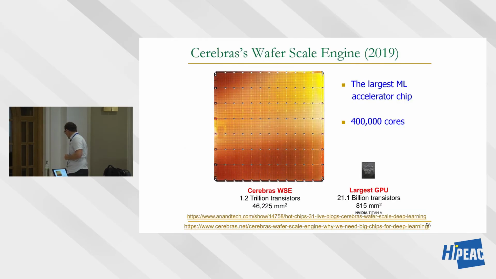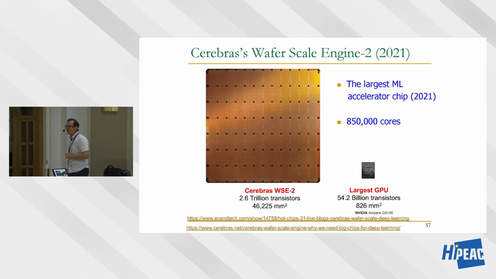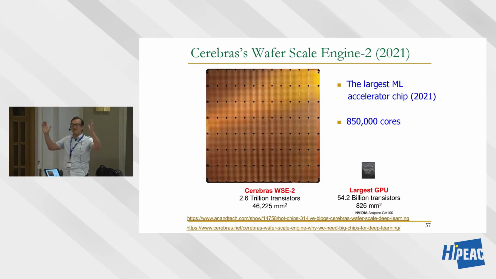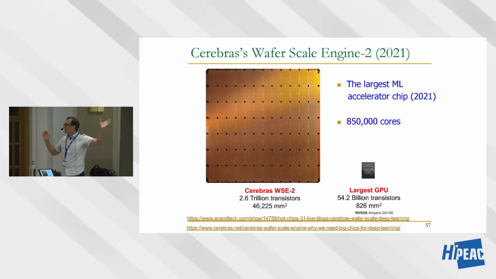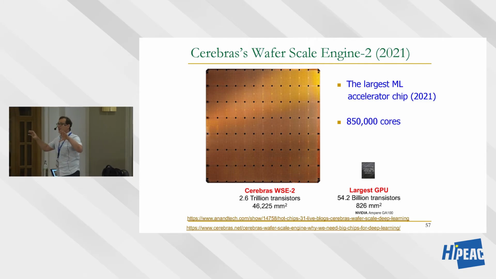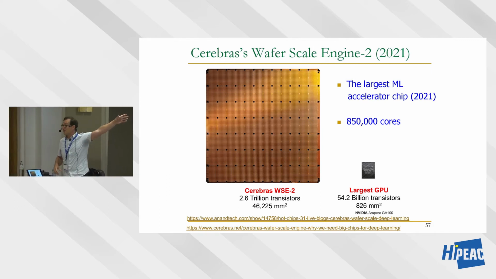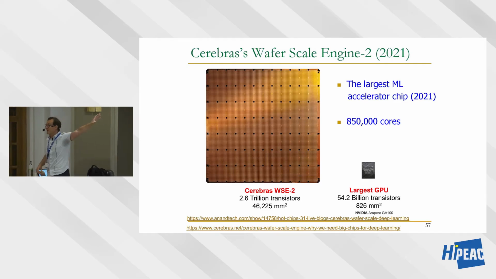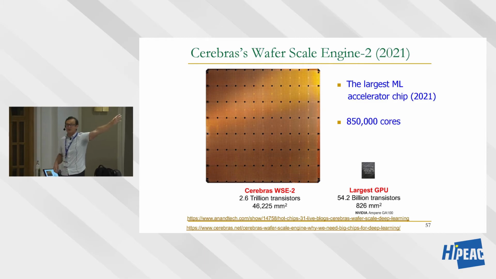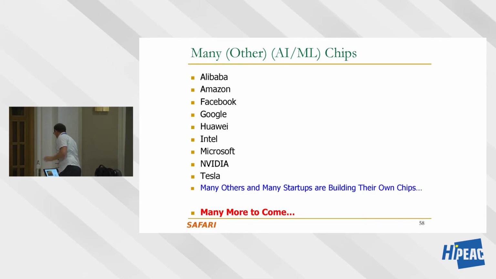This is another type of machine learning accelerator that people are building. This is essentially a chip that's this big. It's a wafer scale chip. How many people heard of this? This is the Cerebras company, yes. So people want to put large amounts of compute and large amounts of memory together at low latency communication, and that's the reason they're building these chips. They're really trying to solve the problem of accessing data at low latency and high bandwidth. And they have a lot of data on this chip, but it's not enough. Maybe they have 80 gigabytes, and 80 gigabytes is very, very small in today's standards. Okay, we're going to get back to that also.